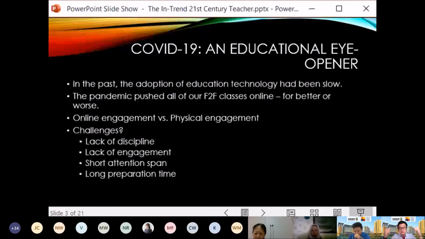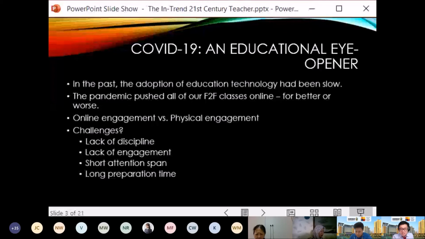Yes, Siti, I agree with you. They love it. I was attending a workshop by Professor Hall just now, and one of the participants said that they use PUBG to engage the students. Yes, this is what we teachers should be. What if I tell you to use the app that they're using to engage with them? You will solve the discipline issue, because they will be on the app, they have no choice. And the medium you're delivering your educational content through is so engaging to them that it solves the second problem, lack of engagement.